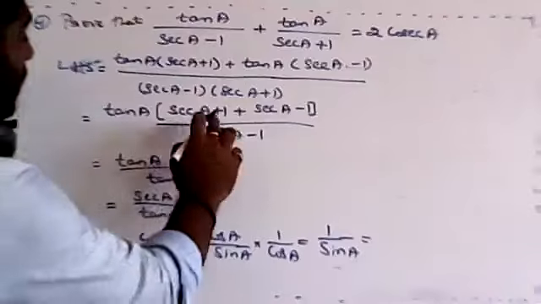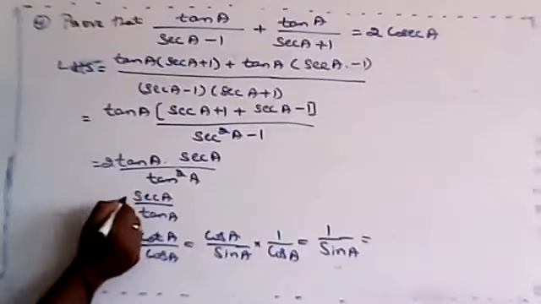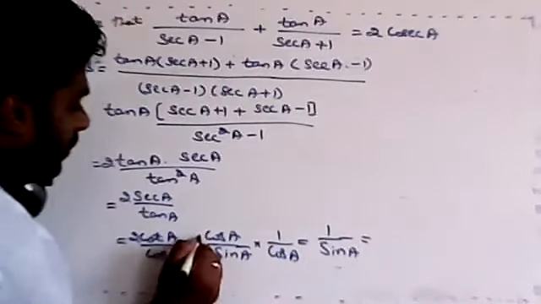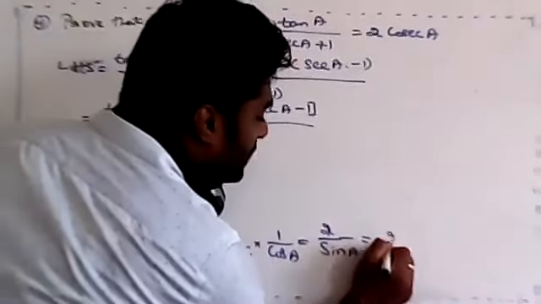Sorry, I forgot to write this one, no, 2 times. So how to write that one? 2 times, no, we'll get here 2 times of secant x. So 2 times of cosecant of,